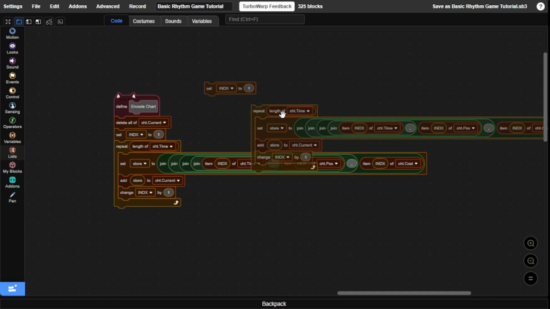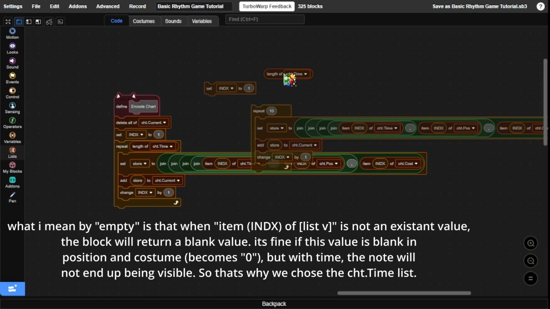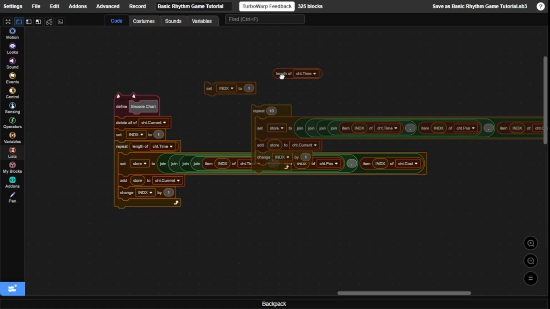We set index to 1, repeat the length of one of the lists, which it's fine if one of them's empty, just we don't want chart.time to be empty. So we're going to do the length of chart.time. So if there's no position, it just goes to the center, and if there's no costume, it just does the default. And so iterate this many times,